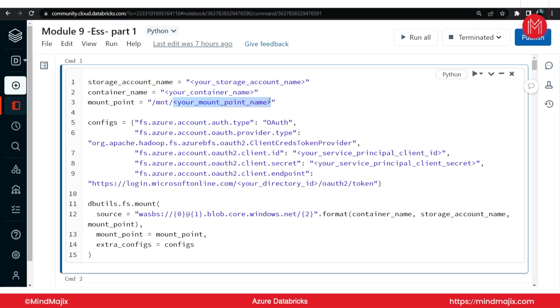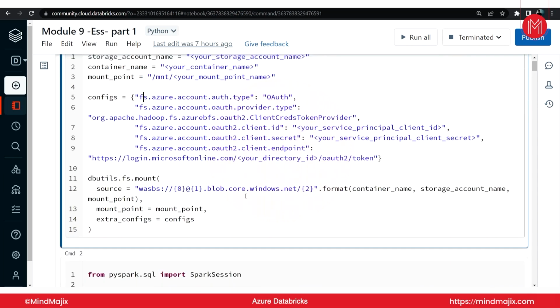You can give whatever mount point name you want, and you can use this in future. Then we have to create a service principal, and we have to give the details of the service principal here. Then you have to use dbutils.fs.mount, and give the container name, storage account name, and mount point. Once you have mounted the data lake,